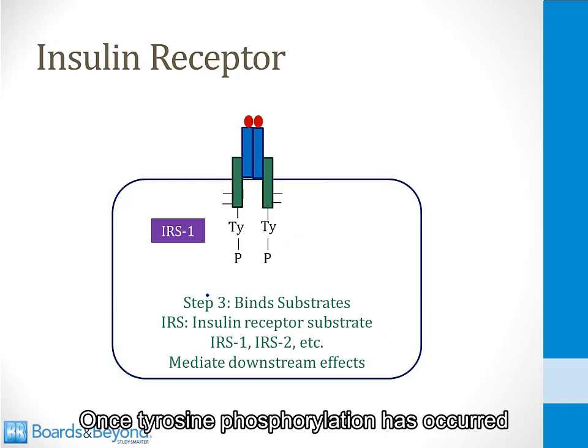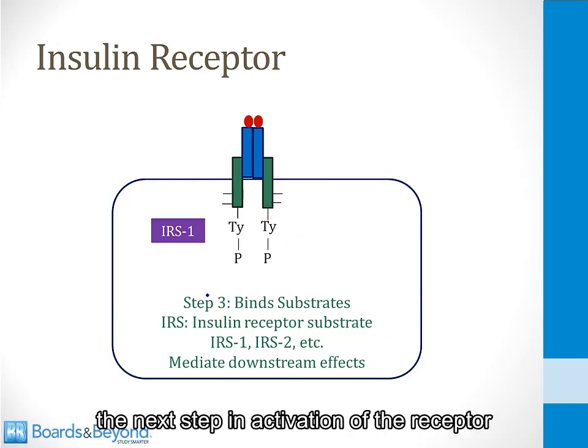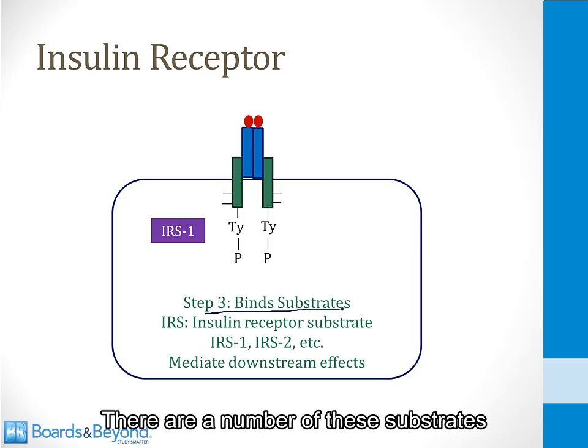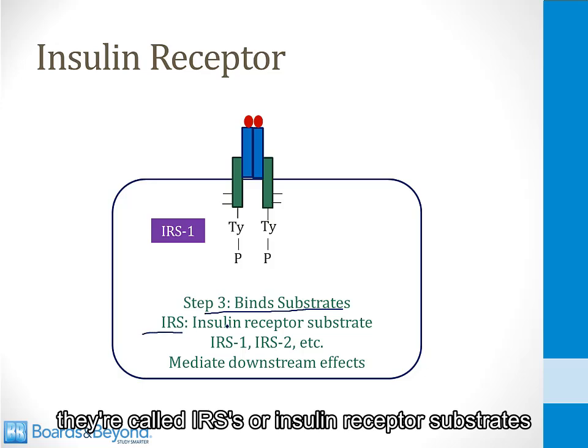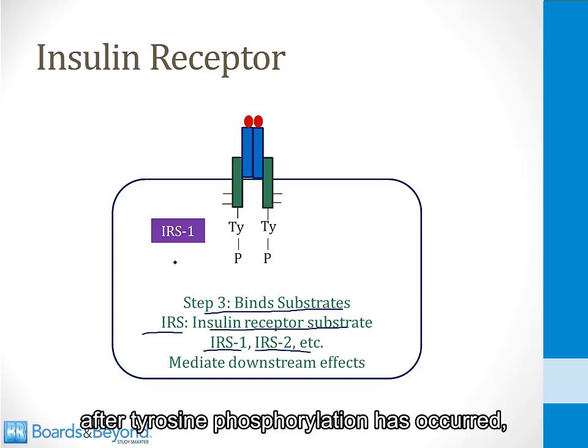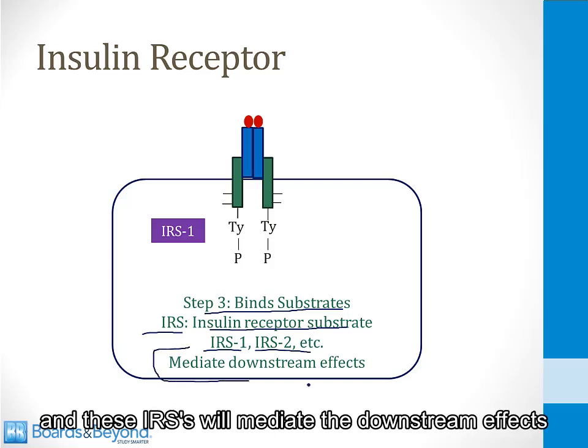Once tyrosine phosphorylation has occurred, the next step in activation of the receptor is for the receptor to bind substrates. There are a number of these substrates. They are called IRSs, or insulin receptor substrates. There is an IRS1 and an IRS2. These will bind to the receptor after tyrosine phosphorylation has occurred, and these IRSs will mediate the downstream effects